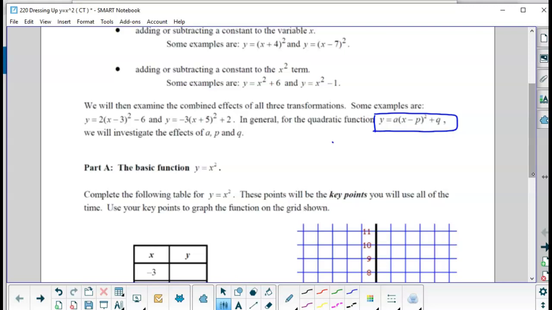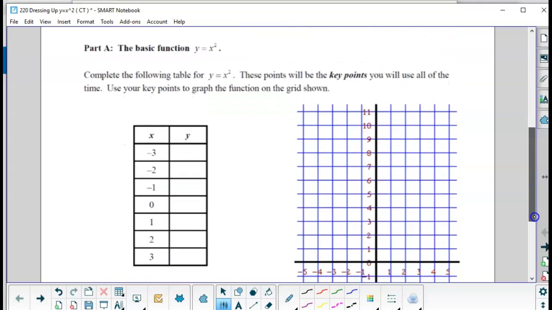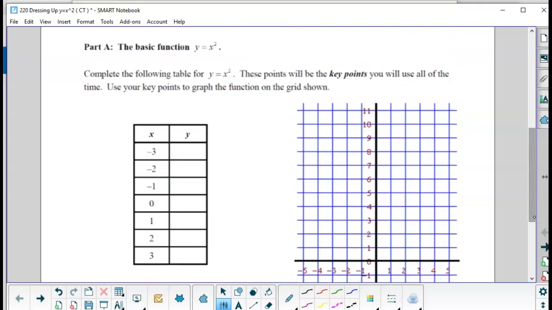So complete the table for y equals x squared. These points will be the key points we'll use all of the time, and then graph it on the grid. So negative 3 squared is 9, negative 2 squared is 4, 1, 0, 1, 4, 9. Remember, when you square a negative, you get a positive. So graph these points. Okay, join them up